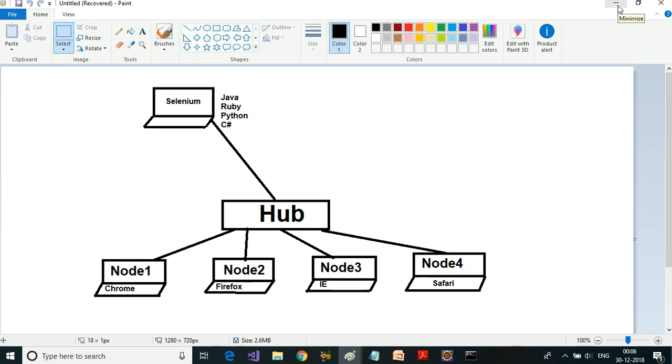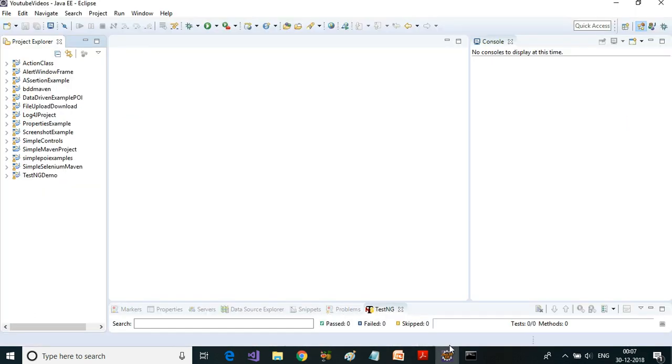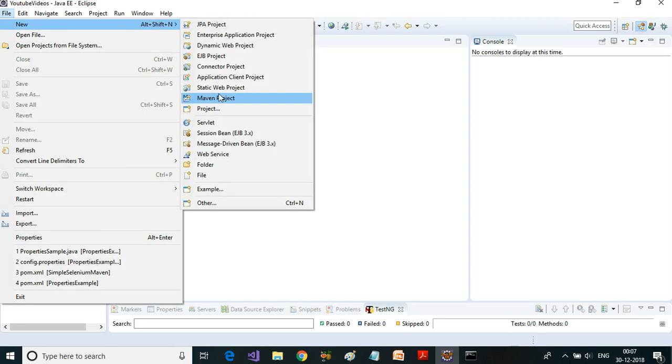Okay, so let us look at the client code now. Let us go to Eclipse. For this, I'm going to create another Maven project.